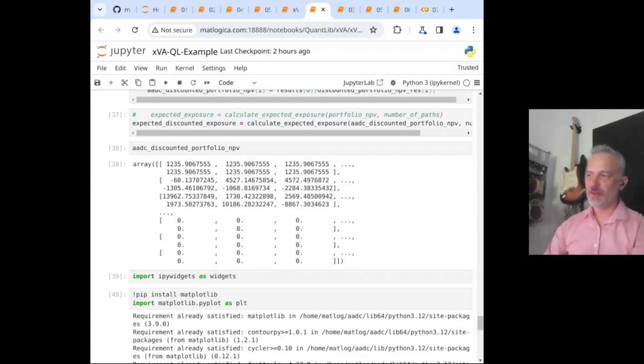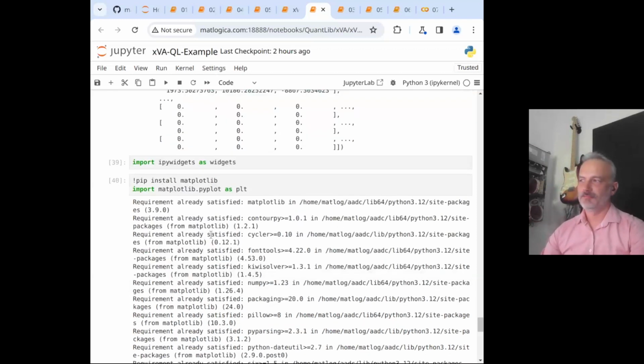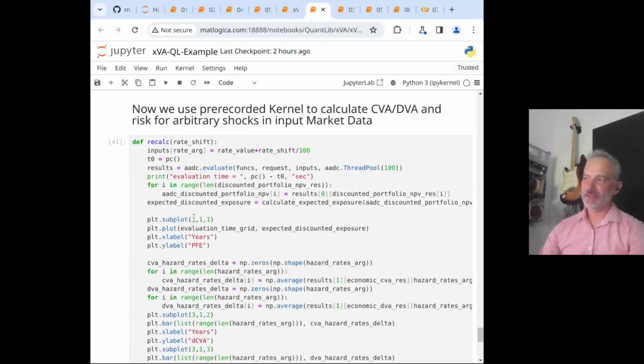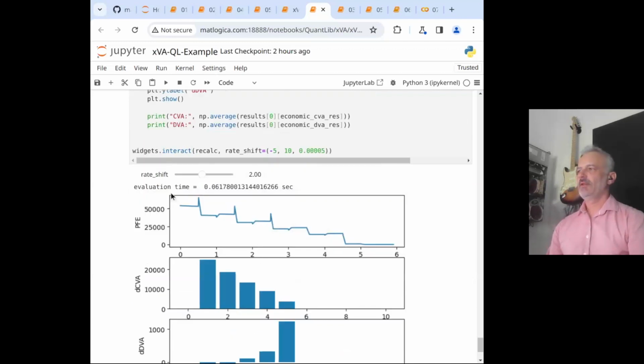We have our random numbers in memory, hot, available to us. We have our portfolio recorded and ready to go. So why throw it away? Instead, what we can do is create a live risk. So what is live risk? We're just sitting and listening for new market data to come in. And we're rerunning the same recorded kernel with the same random numbers for the new market data sample. And how does it look? This is how it looks.